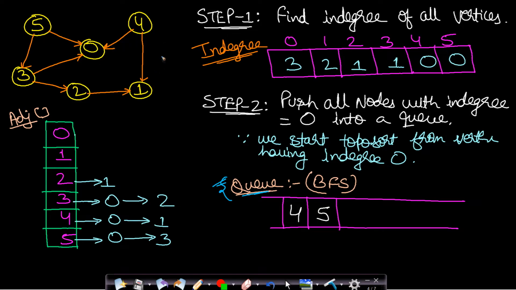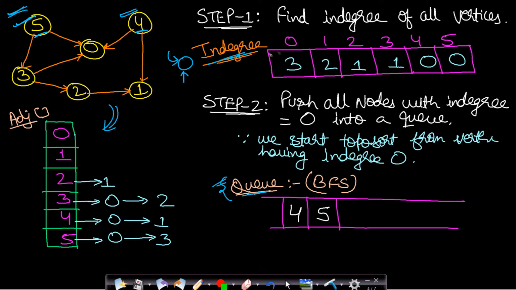Now we will see this step by step. Let's say we are given this graph. From this graph we will form the adjacency list. Once we have the adjacency list, then from the property of the DAG, we will have to take the in degrees, because using the in degree we will be able to identify which node is the starting point of a topological sort. In this graph you can see that there are two nodes with in degree equals to 0. Whenever you have in degree value equals to 0 for any node, then those can start the topological sort. In this case there are two nodes which have in degree equals to 0.